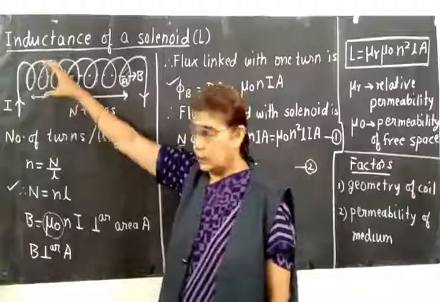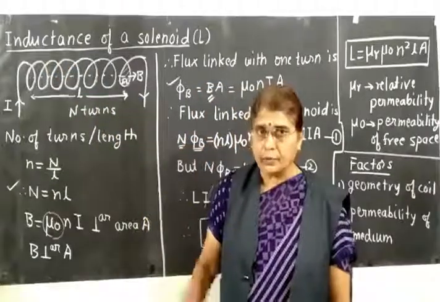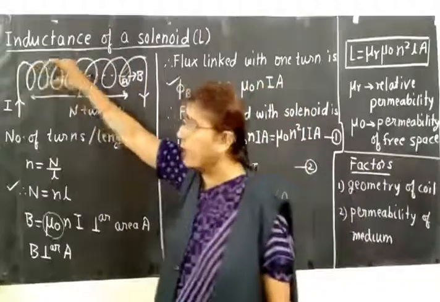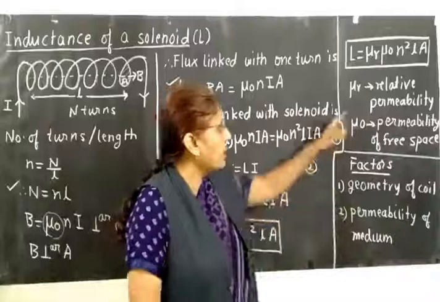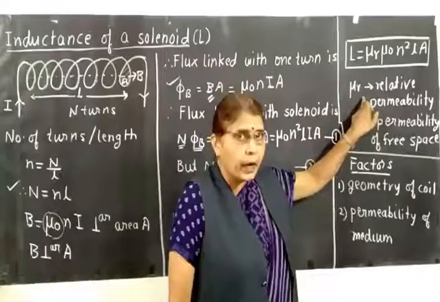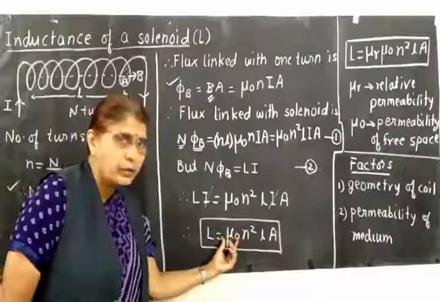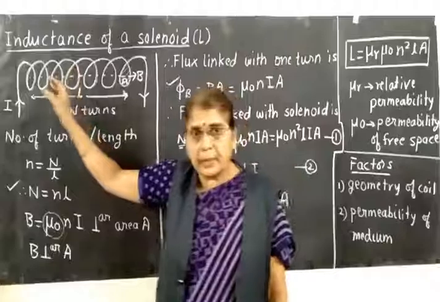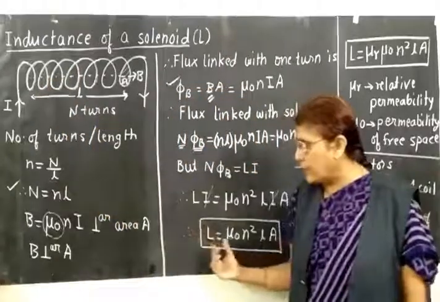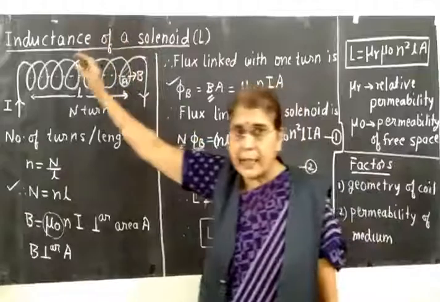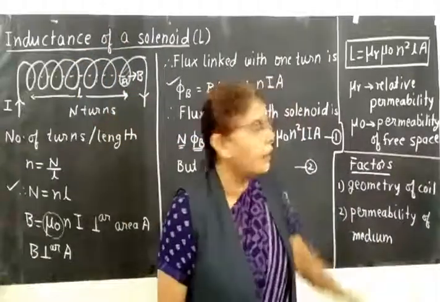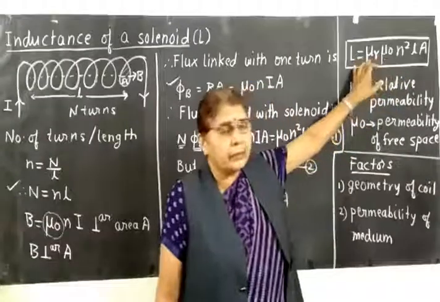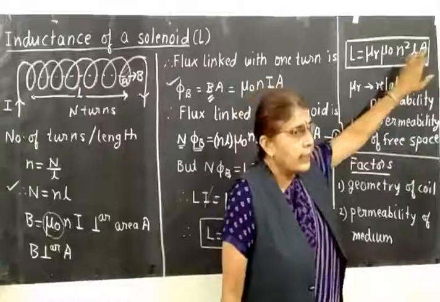Suppose this coil is wound on a magnetic rod of permeability mu r. Any other magnetic material medium is present inside the solenoid. Suppose for that medium the relative permeability we shall call mu r. Then you have to make one change here. Instead of mu 0, you have to write mu r mu 0. For what medium? For any other medium inside the solenoid. For air medium you write only mu 0. But if any other magnetic material is present inside the solenoid, for that medium we should write mu r into mu 0. So in general L will be nothing but mu r mu 0 n square l A.